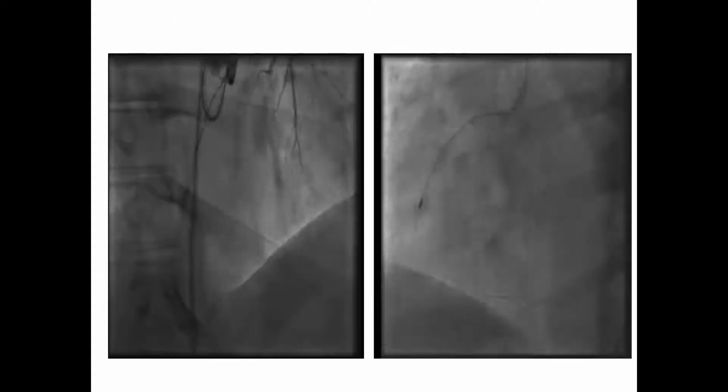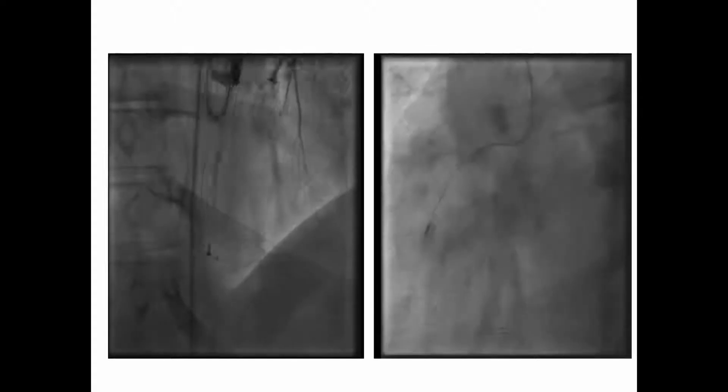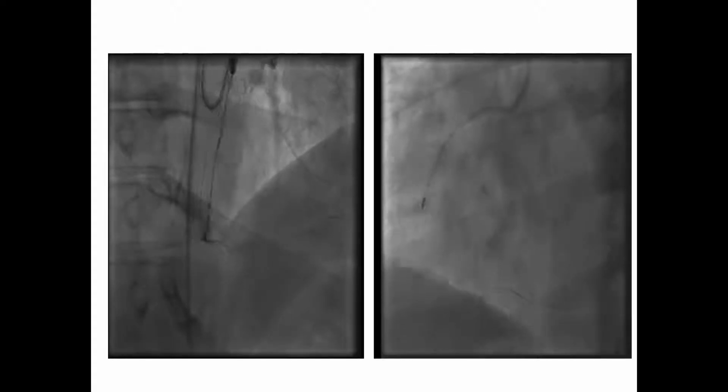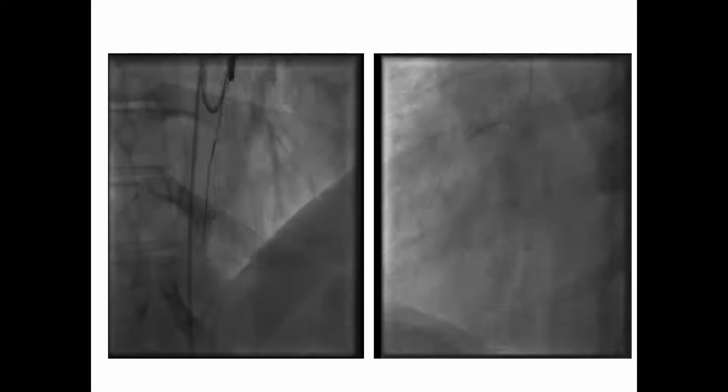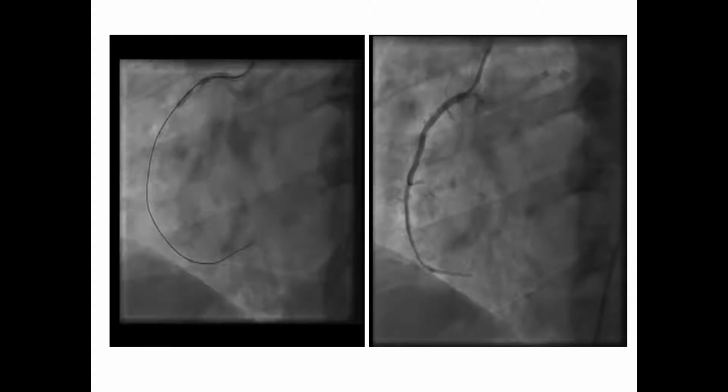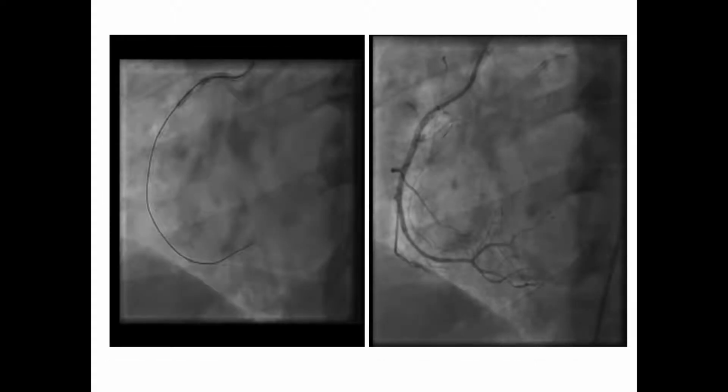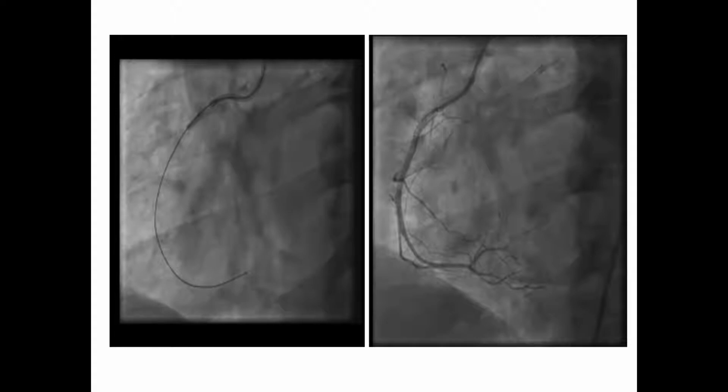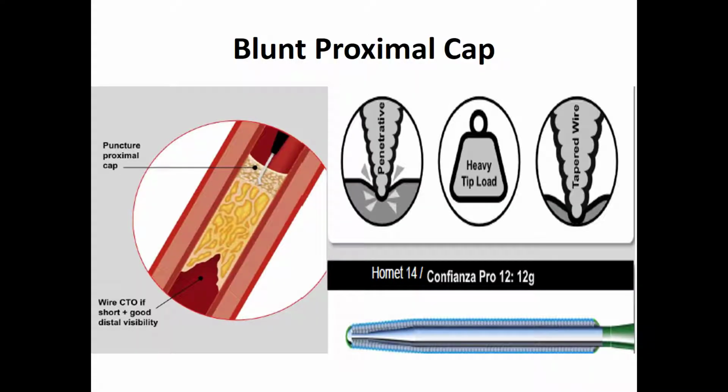And after, we had to go up with 30 atmospheres on the proximal stenosis to open it up. And with a wiggle wire in the artery, we were able to put 2 stents and succeed in opening that artery. If you have a blunt stump, a calcified proximal cap or highly fibrotic, then you need to use a piercer. And as we said, the Hornet 14 or the Confianza are good wires